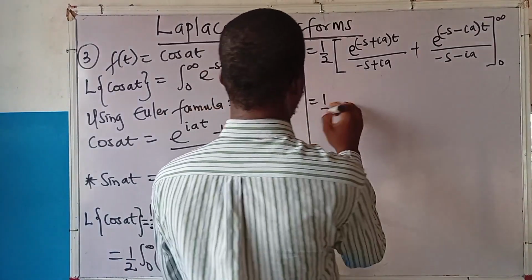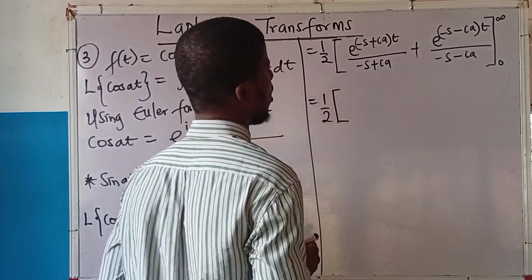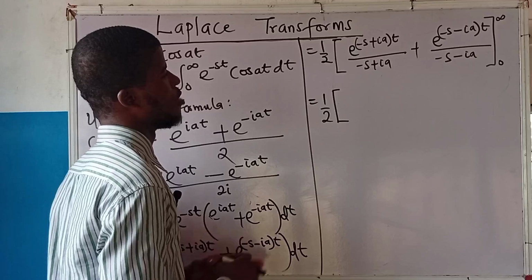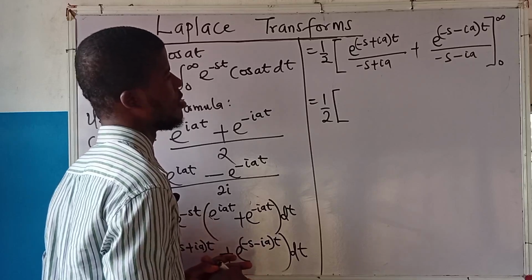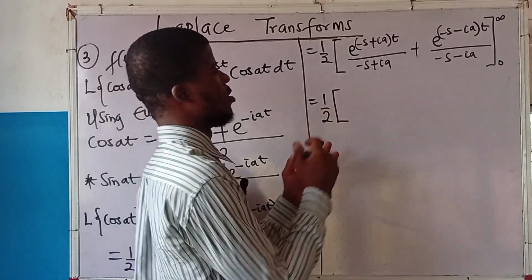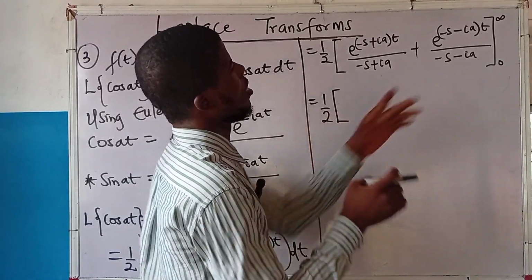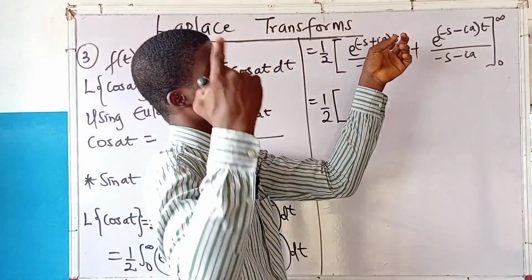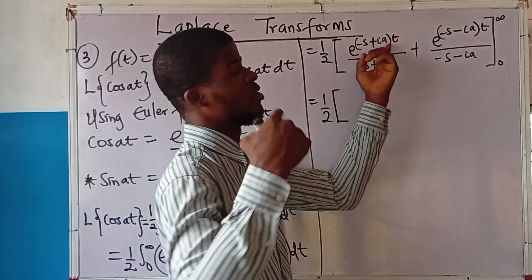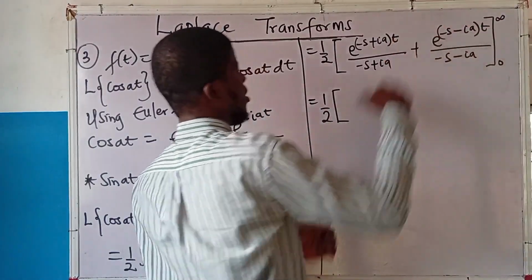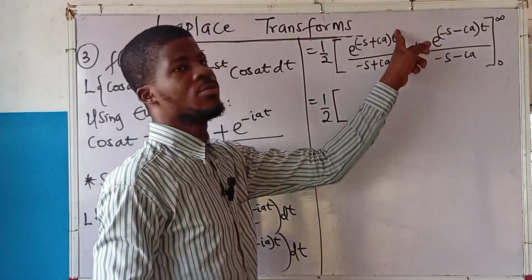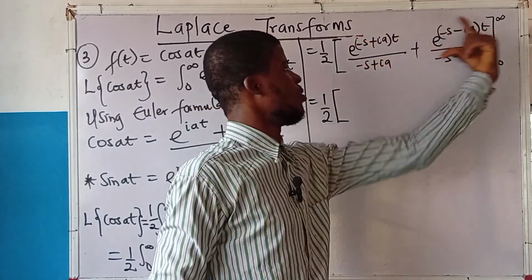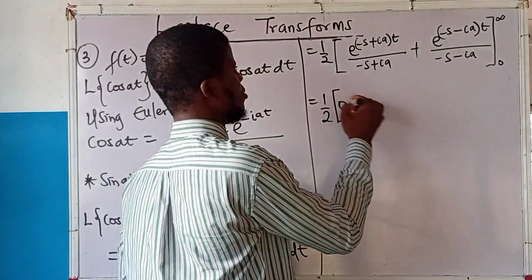This is 1 over 2 into... what I want to do now, I can do anything depending on what I want, but let me just plug in the upper and lower limits at once. If I plug in the upper limit here, we've seen before that e to the power of infinity is 0. So if I plug in infinity here, everything here becomes 0. If the upper limit enters this function, everything becomes 0. So just write 0 plus 0